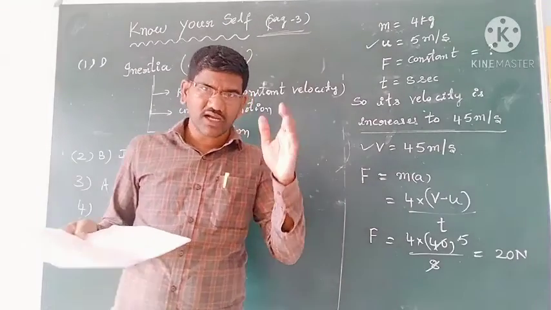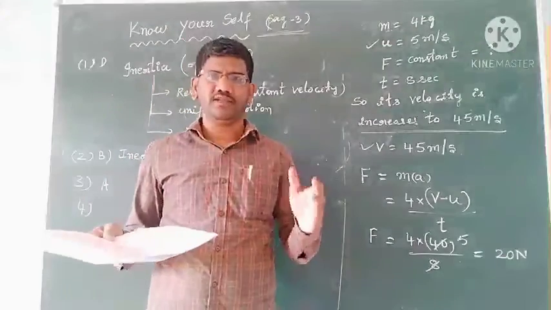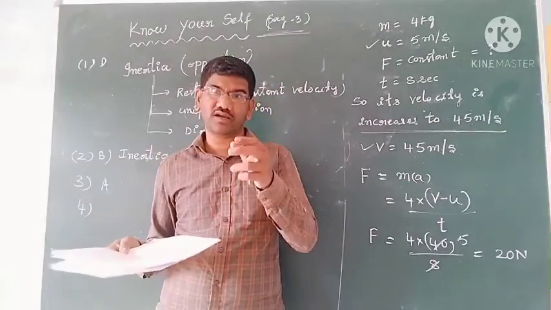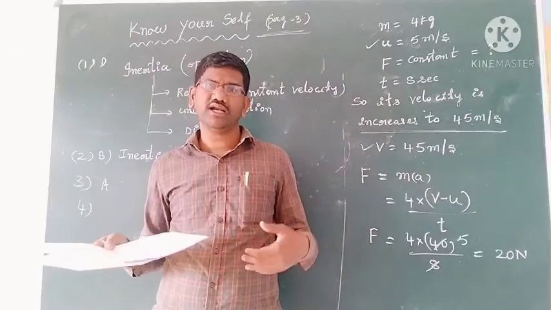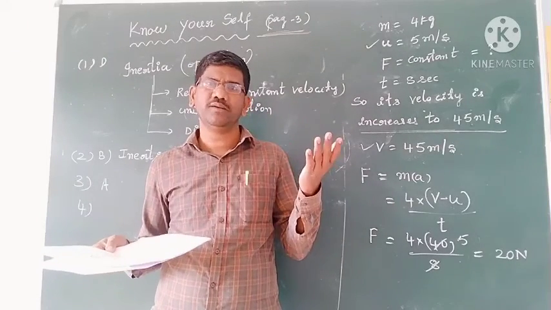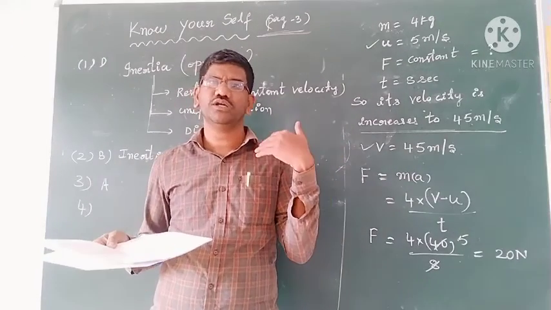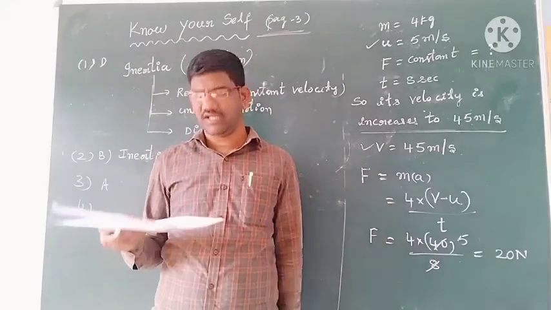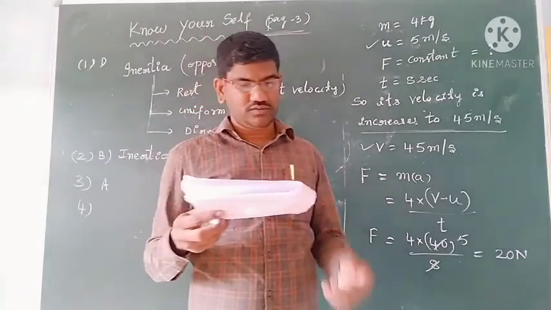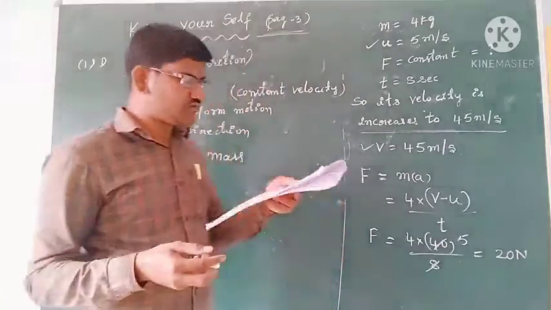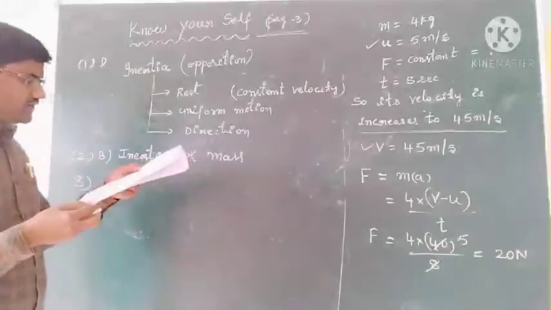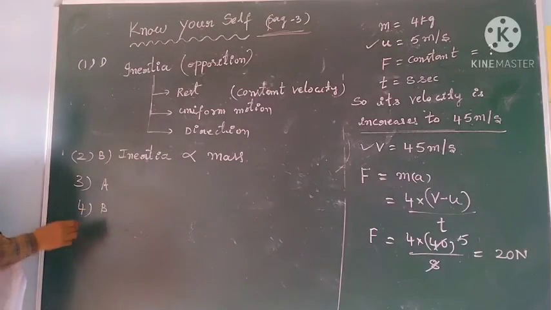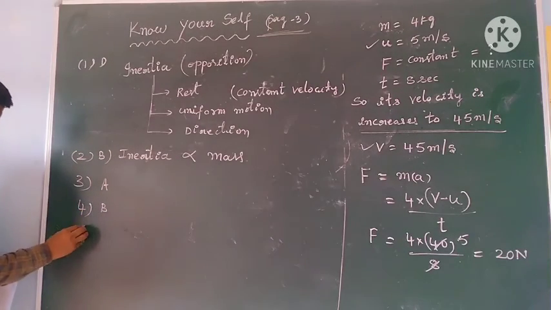Okay, when the horse comes to rest immediately, the lower part of the rider comes to rest, but the upper part is in motion. It will take some time to come to rest, so the upper part is moving forward, so we may fall in the forward direction. So a rider on a horse falls forward when the horse suddenly stops because of the inertia of the rider. So fourth one, answer you will get Bombay.